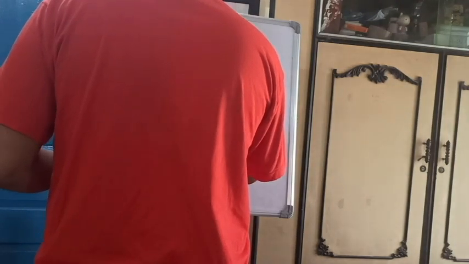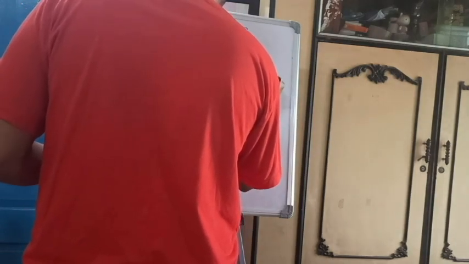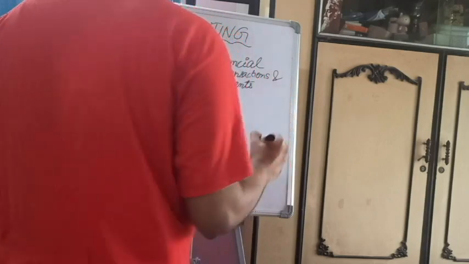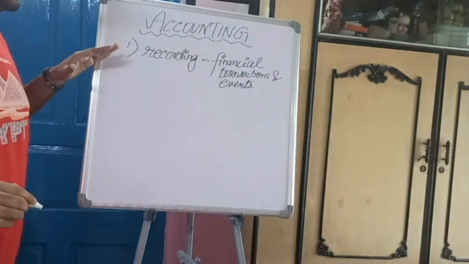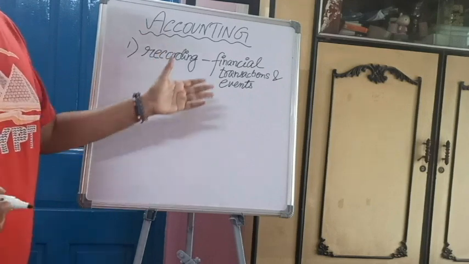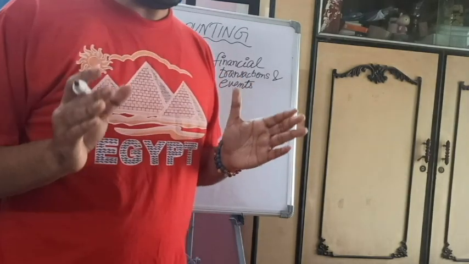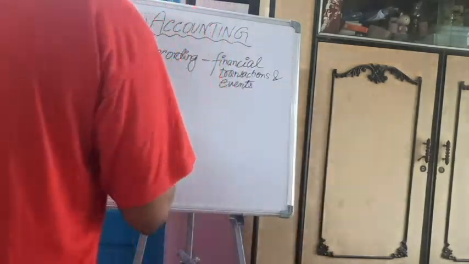It records the financial transactions and events. So, this is the first step of accounting, which is recording of financial transactions and events, that is, which are monetary in nature. Number second is